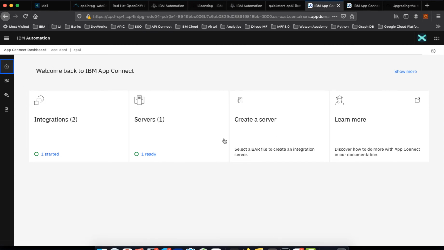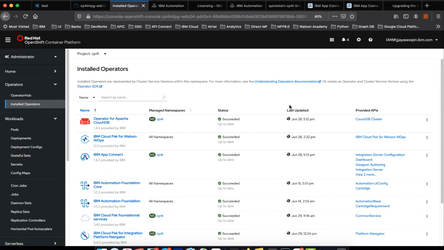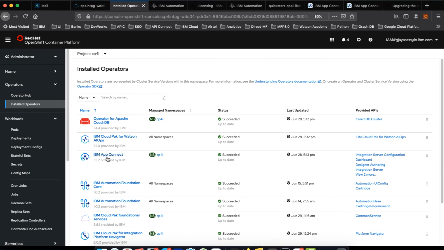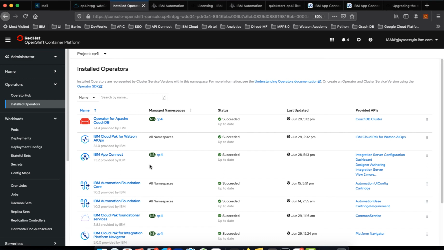So how do we upgrade that? Let's go back to our installed operator under App Connect. This has to be upgraded. The IBM App Connect operator has to be upgraded. How do we do that?